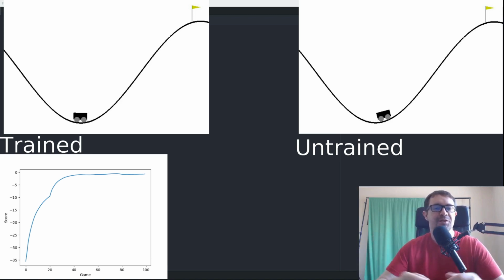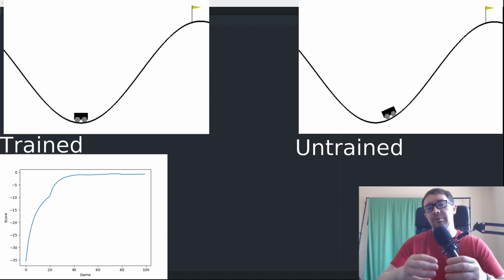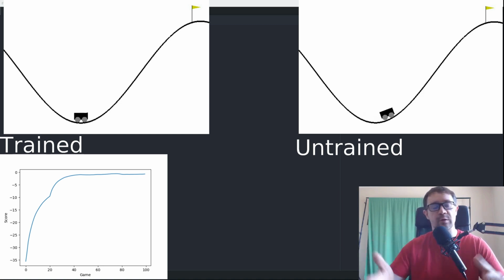What's up everybody? In this tutorial, you are going to code an actor critic agent in a continuous action space. That's right, we're going to go after the continuous mountain car problem using PyTorch. You don't need any prior knowledge, you don't need any experience with PyTorch or reinforcement learning, you just need to be